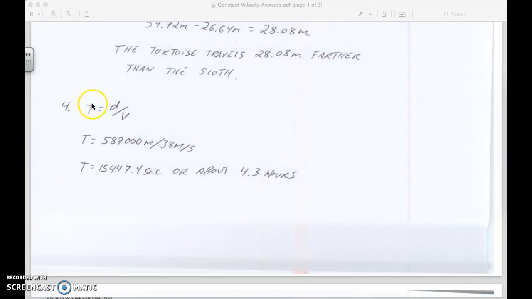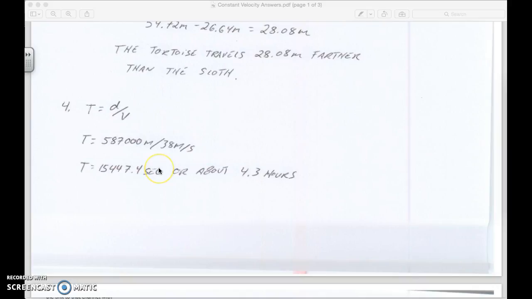Well, we're looking for time, so I'm going to rearrange my equation, which is d equals velocity multiplied by time, and I'm going to just move it to solve for time, and I'm going to get time equals d over v, displacement over velocity. So I can plug in my displacement value that I was given in the problem, 587,000 meters, divide that by my velocity, which is 38 meters per second, and I'm going to get